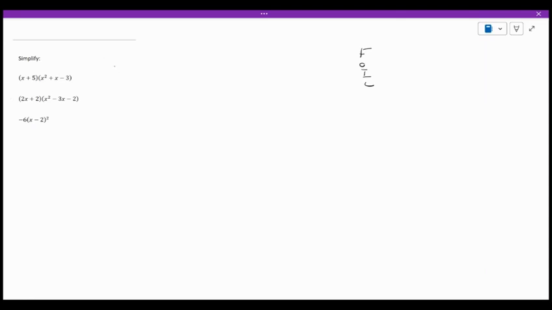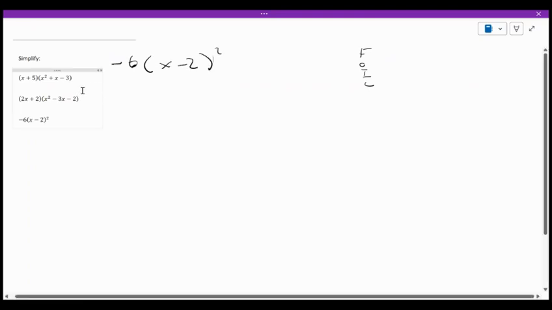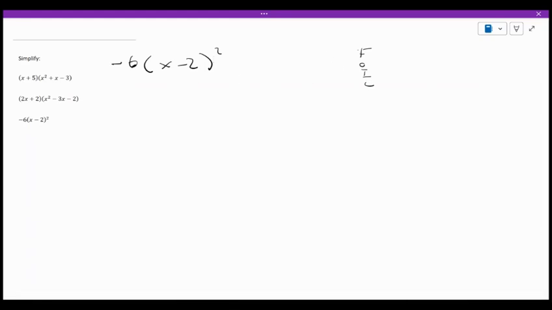Because this one is a special case as well. Minus 6(x minus 2) squared. Now, if you look at this, these things are not the same. They are not the same. We have 4, but we must also remember